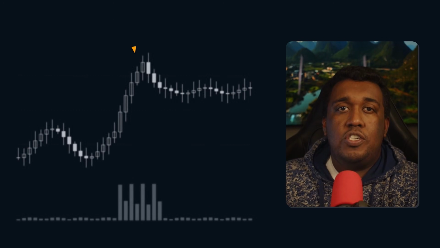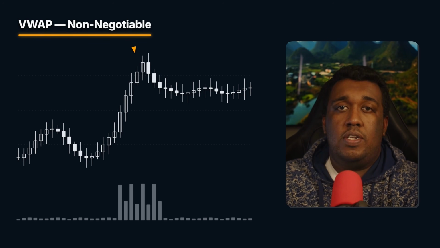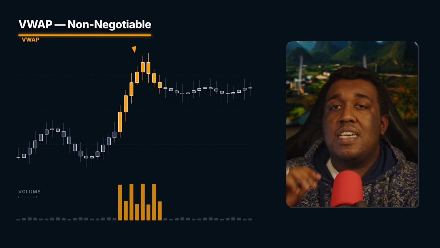And at the number one spot for the best indicator for day trading in 2026, we're going to have the VWAP, the volume weighted average price. This is the only line on my chart that is completely non-negotiable when it comes to day trading, because here's what it does. The VWAP is going to calculate the average price a stock has traded throughout the entire day,